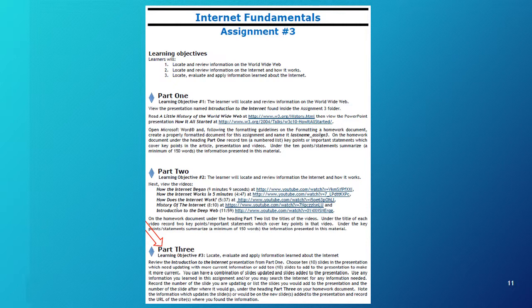Actually, what I did is I took parts 1 and 2 from another assignment, added some information in there, had them look at the history of the World Wide Web and the Internet, and then I added part 3 where they look at a PowerPoint presentation that they viewed in part 1 that was somewhat dated, and after reviewing all the information in part